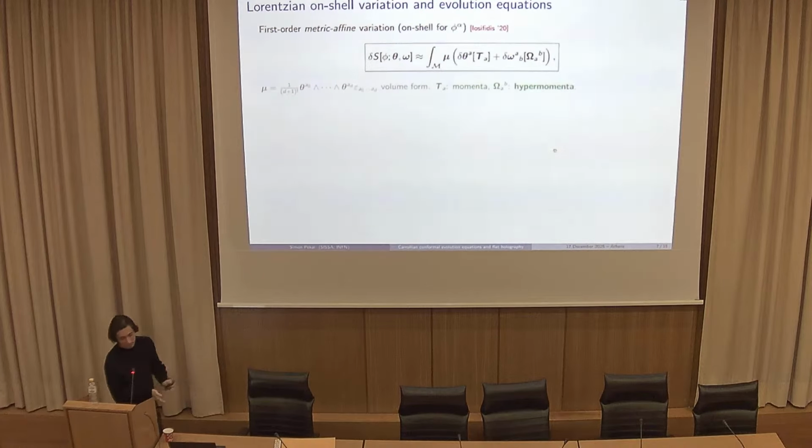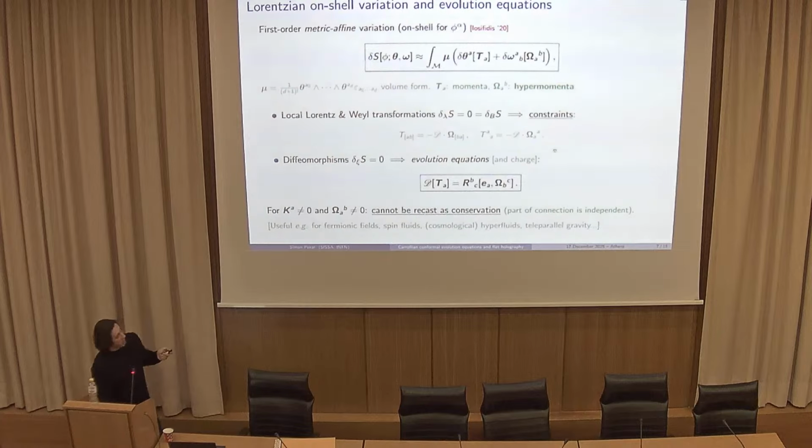So I integrate out these microscopic degrees of freedom and I concentrate on how this theory couples to a background geometry with torsion. And this is called the metric affine variation. So here you can see the usual variation of the metric that is in this first order form written as delta theta A, and the response is going to be called the momenta. And we also have extra degrees of freedom contained in the connection, whose response I'm going to denote by omega AB, and following the standard literature, these are going to be hypermomenta or spin currents.